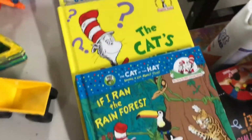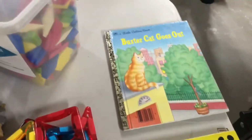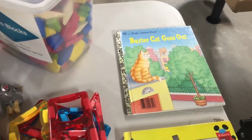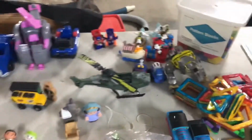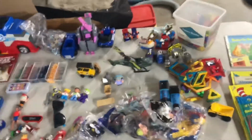And then these are for the kids, Cat in the Hat books. And then this Winnie the Pooh, and then a Golden Book. I usually will grab Golden Books unless it's in bad shape. I just like throwing them together. So that's everything here. The only other thing I wanted to show over here, this garage is really starting to